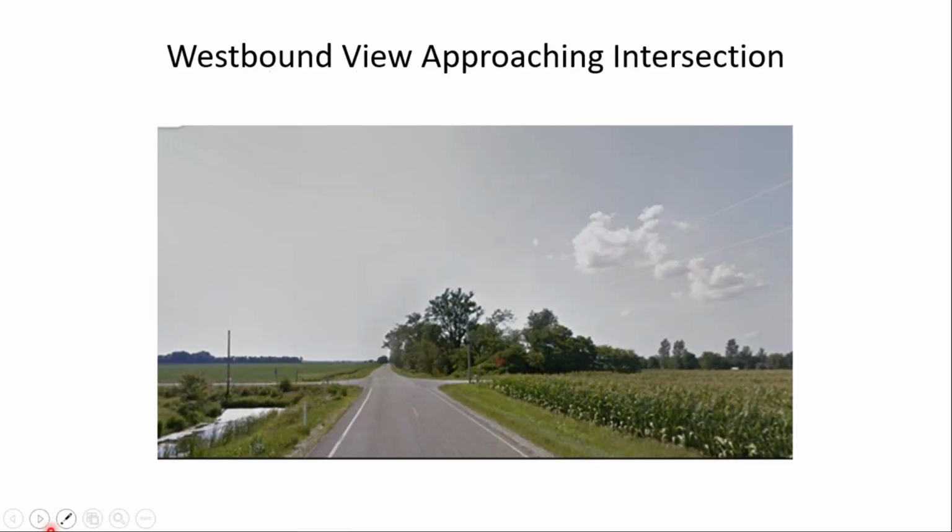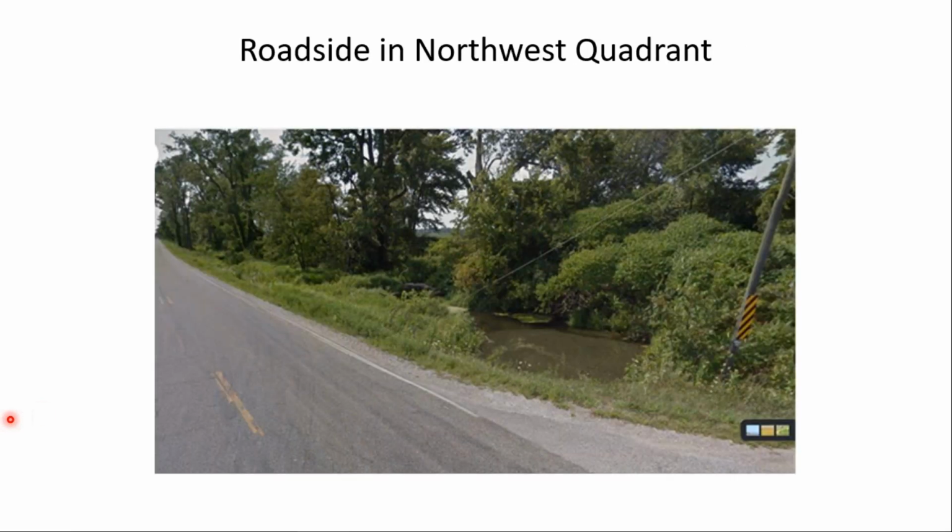So here's another Google view a little closer to the intersection. Now we can see the north-south road, and I think you can see that little jog or offset there. And here's another Google view. This is the unpaved shoulder where the right tires struck that and then caused the driver to steer sharply to the left.